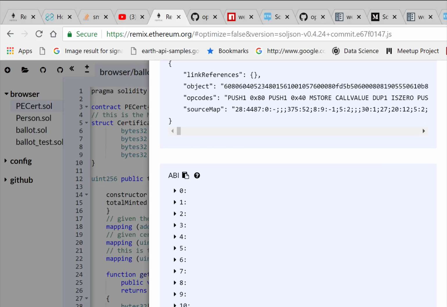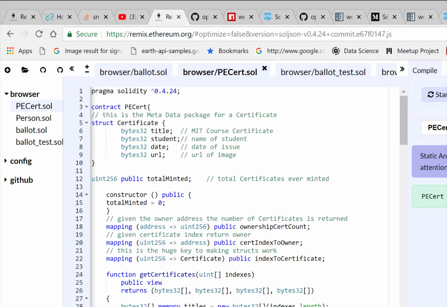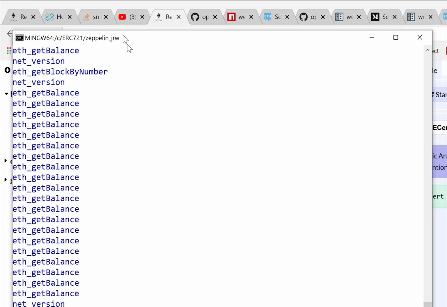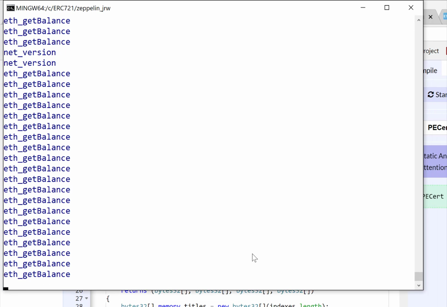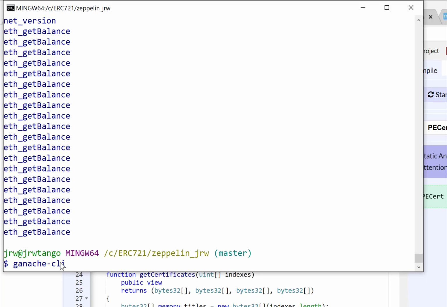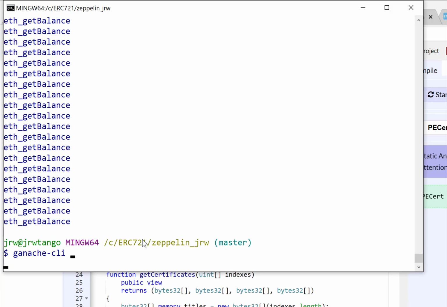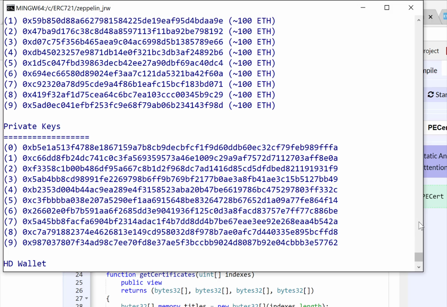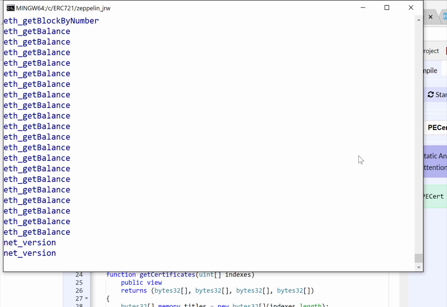Okay, so that compiles. Now I'm going to show you the environment here. So the environment that we're running in is that we're running Ganache, so that's a local blockchain. So this is Ethereum, but a local version of it. So we'll spin it up, and I've got a separate video on how this works, but you'll see that it makes a number of certificate keys, private keys and public keys, and here it's already